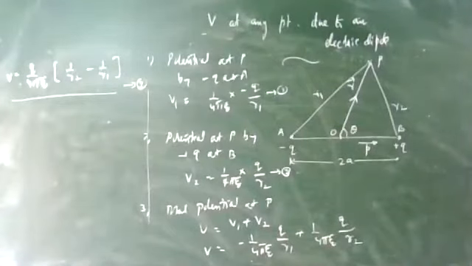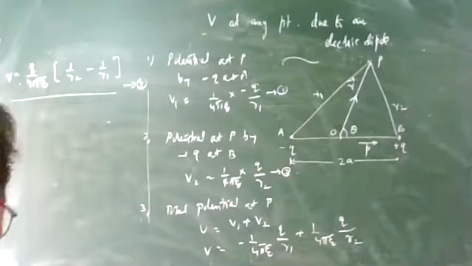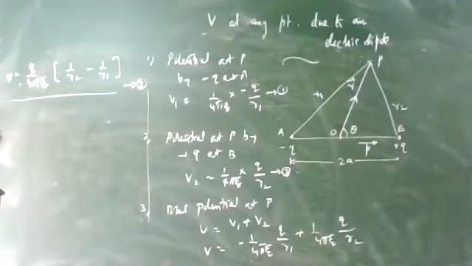And you are not given the value of r1 and r2. What all things are given to you? The distance between the charges 2a, that is given. Distance of the point P from the center, that is also given to you. Theta is also given to you. r1, r2 are not given, we have to calculate. So how to calculate r1 and r2, and hence the reciprocals 1 by r1, 1 by r2? After that, we substitute this value in equation number 3.